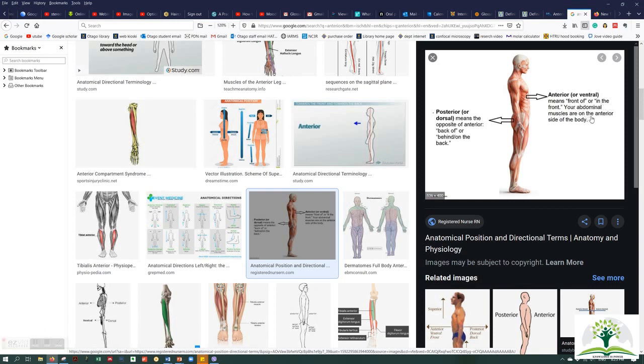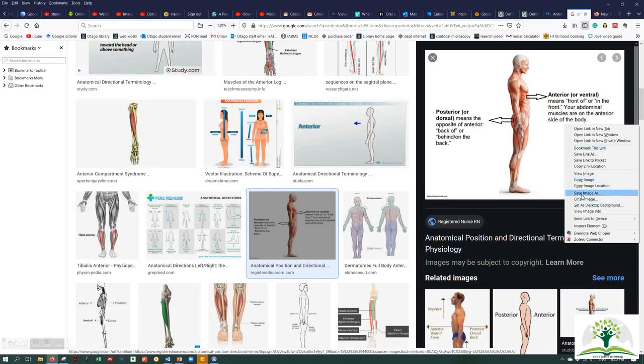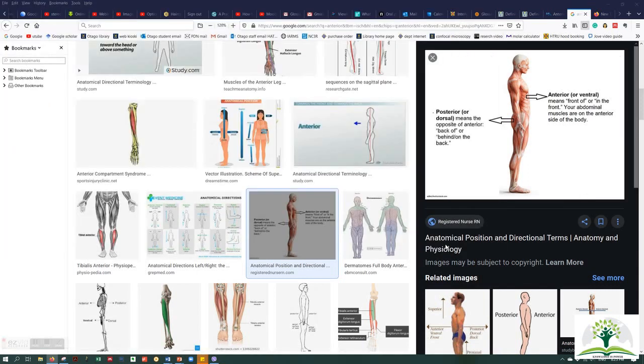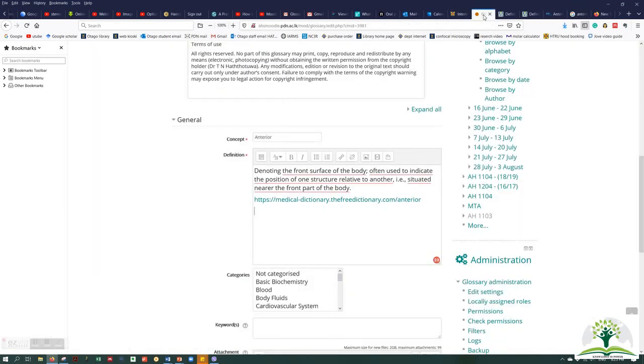First you have to save this image into your computer and remember the place that you are saving the image. Then go back to Moodle glossary and you will see an icon which shows your photograph. Once you keep the cursor, it will show as image. Click on that.